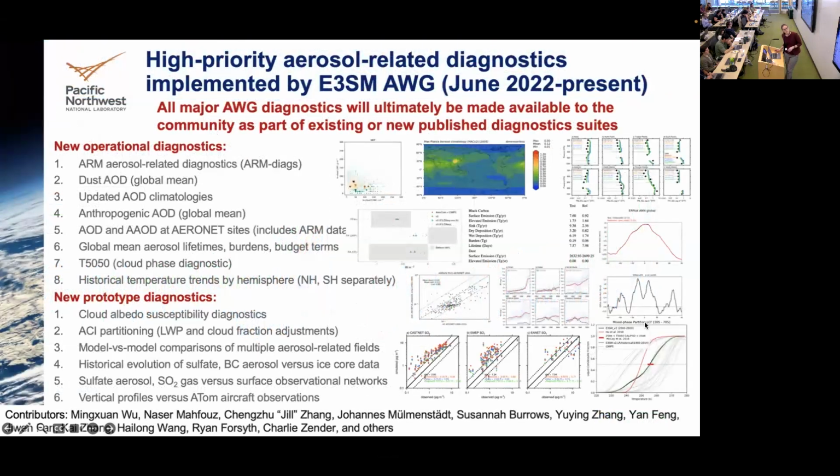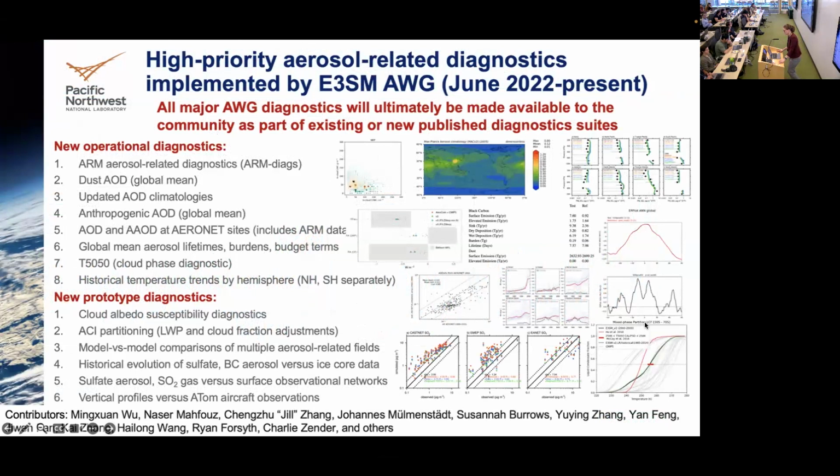So I do also want to emphasize that the effective radiative forcing is not the only metric that we look at in terms of analyzing whether the aerosol in our model is realistic. We have a whole suite of additional diagnostics, many of which we developed and implemented during the last year and a half in order to support this effort.